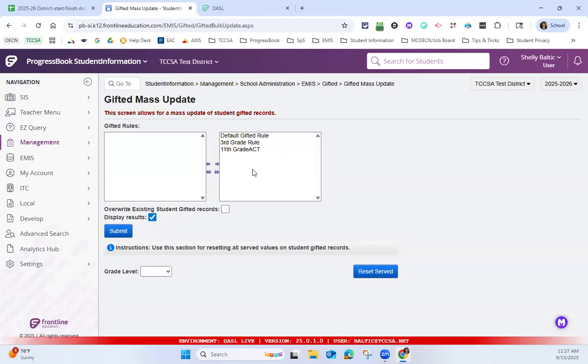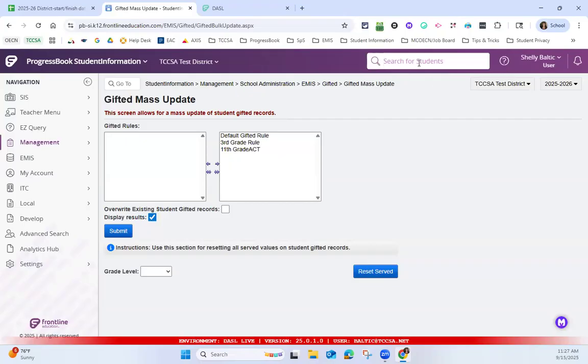Okay, then say you have somebody like an NWEA, they test in the winter, and then they don't test again, and I have a new enrollee come in in February. I can't run that rule, because it says we assessed them, but we didn't, because they came in after. After the assessment, it'll be blank. So what will happen, and I don't have a student now, because I didn't create a new student,